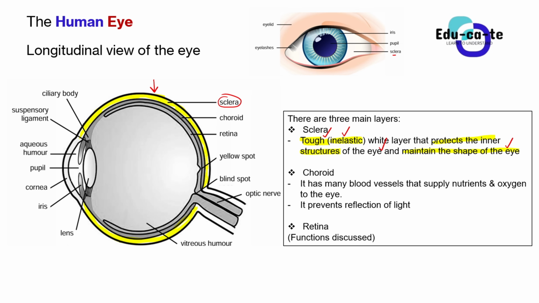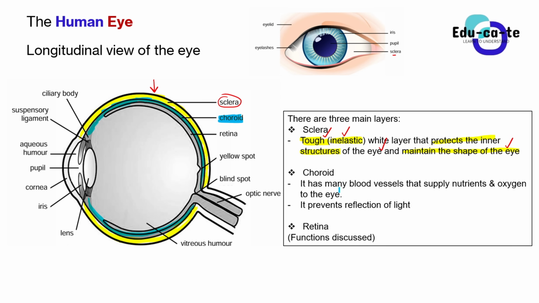We have got a choroid. The choroid is the second layer, the layer in between. It is the one that follows the sclera. This is the choroid, the one being highlighted in blue, the middle layer. Just after the sclera, you can see that here there is a layer, and this layer is known as a choroid. It ends somewhere here. So this is the choroid.